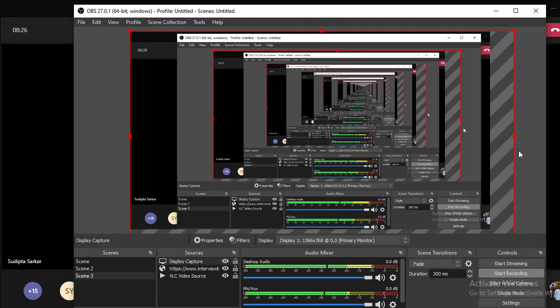So this is one formula that we will be using, and the other formula is, you know, so